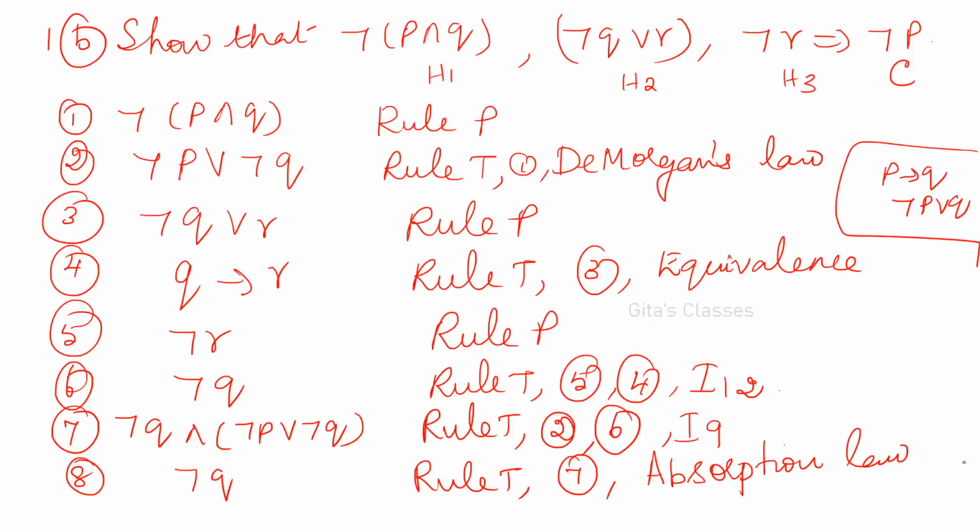And this is not the only method. Actually, conclusion is given as not P. If anyone knows that you can derive not P also fine. But as far as I know, it is not Q only. Okay, let us wait and see for the corrections.